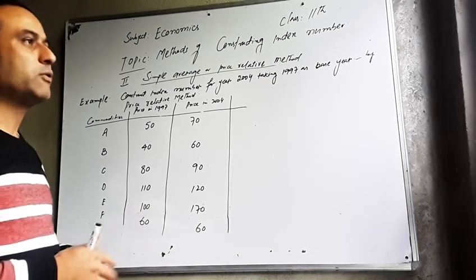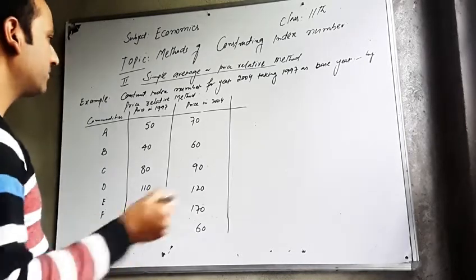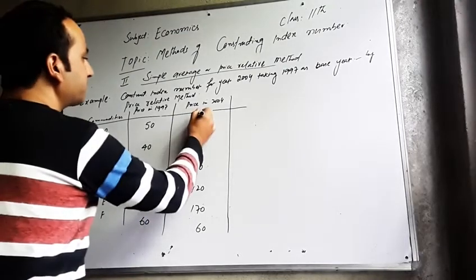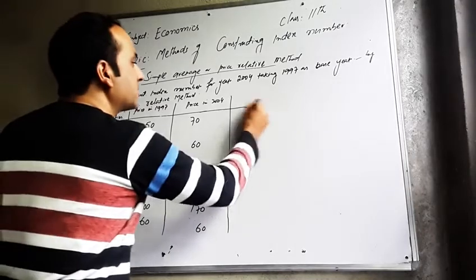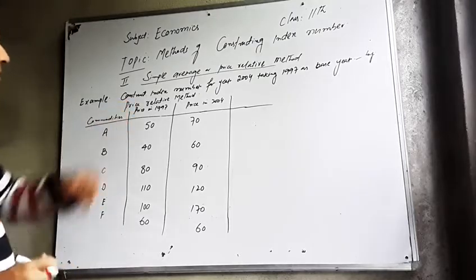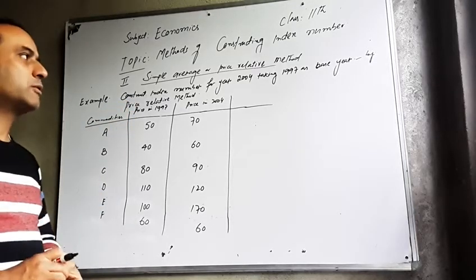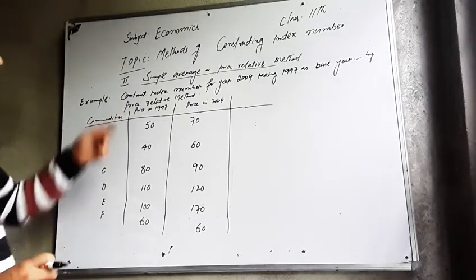जब हम aggregate value करते हैं तो उसको divide करते हैं हम n से, number of items. So just for example we'll write here. So simple average method में हम क्या करते हैं, for suppose this is an example here, I write an example here in order to save our time. This is: construct index number for the year 2004 taking 1997 as base year by price relative method.